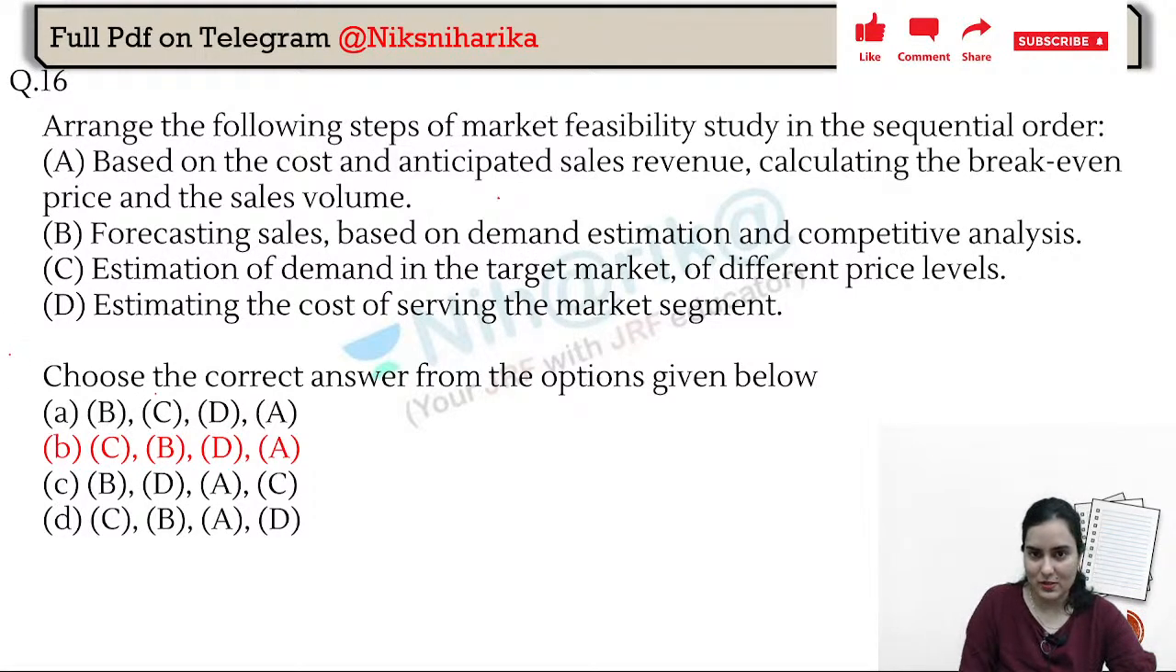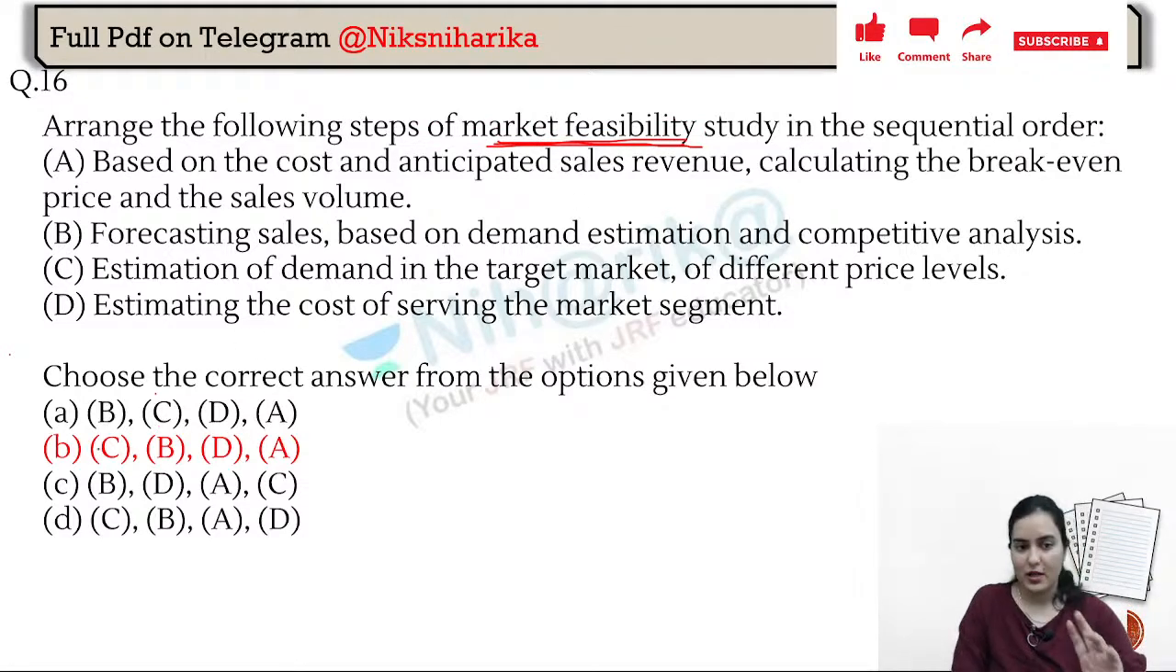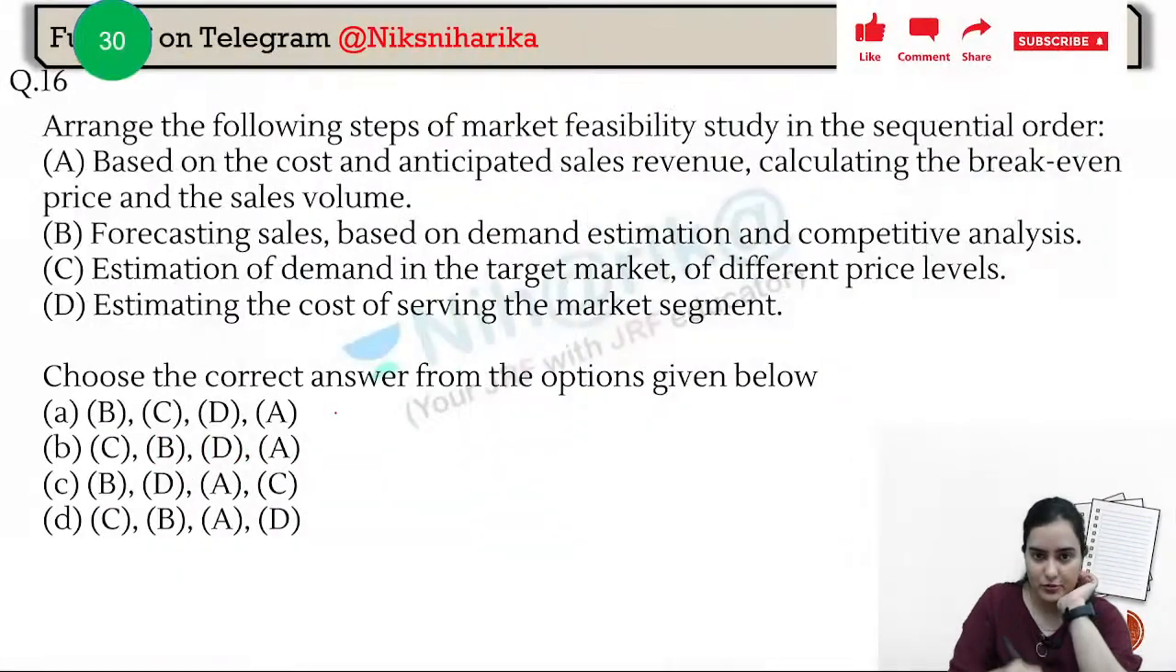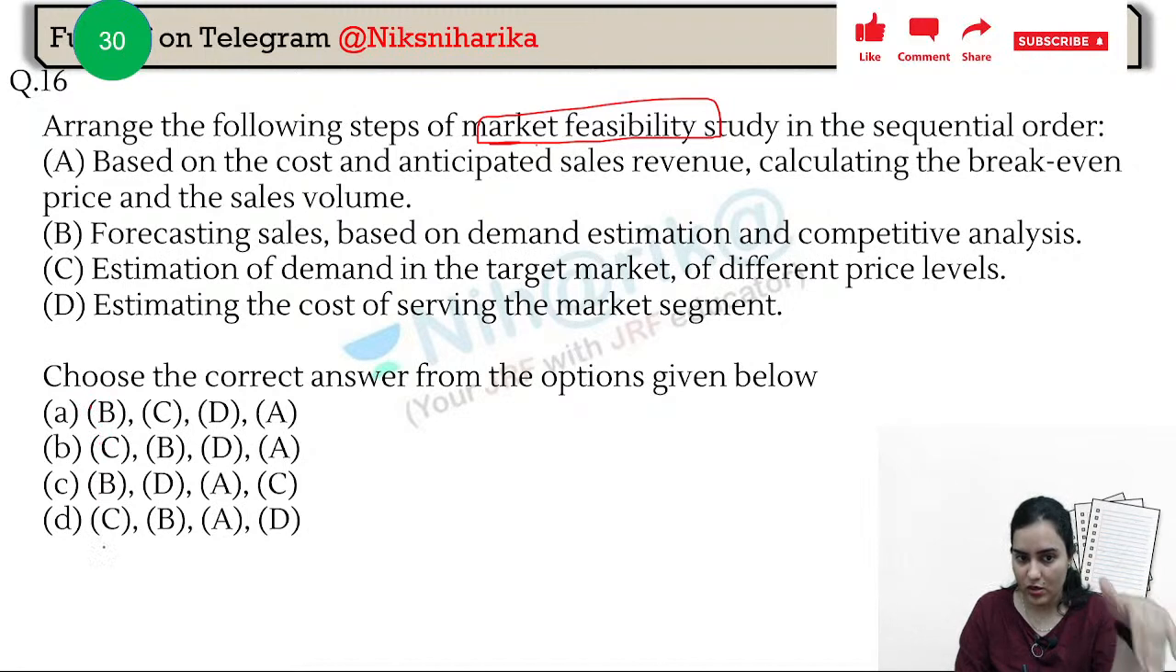See, about market feasibility, Twinkle, how will you get to know how you put the sequential order in the market feasibility? What will be your first step? Now see, in this, the first step, if you see the options also, then either you will select B or C in the beginning. B or C in the beginning. So please read both. First, you will forecast sale based on the demand estimation and competitive analysis, or first you will estimate the demand